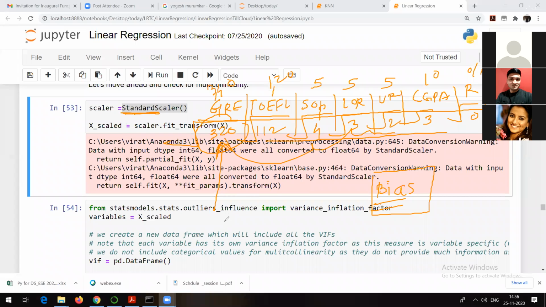Or maybe square root or log, whatever you want. The purpose is just to scale down all the values so that all the columns are at the same level, or the difference between them is as small as possible.